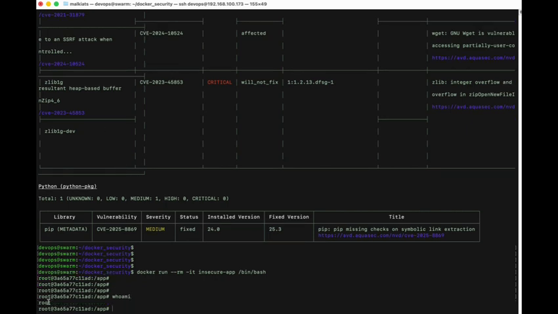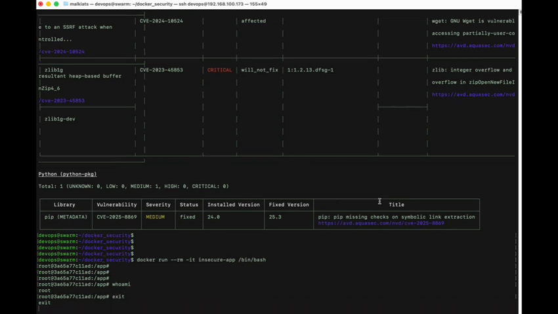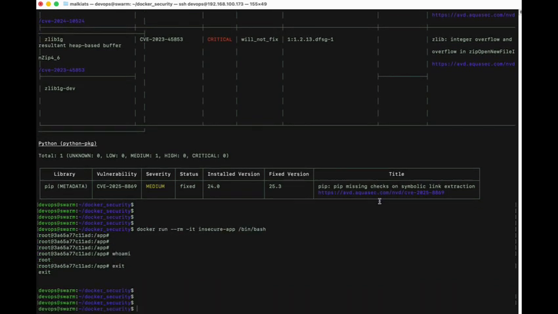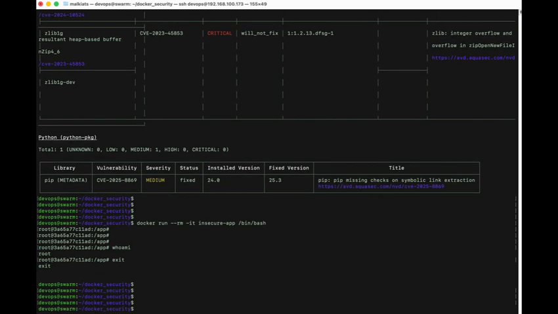Wow, see. So I have full root access inside this container, and this is extremely dangerous. So just type exit, and now let's build a secure version using our Dockerfile.good, which has a multi-stage build and